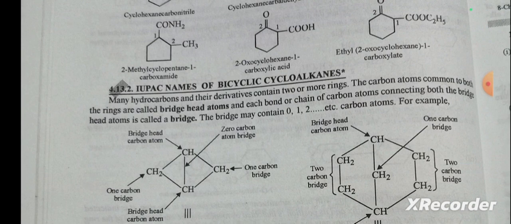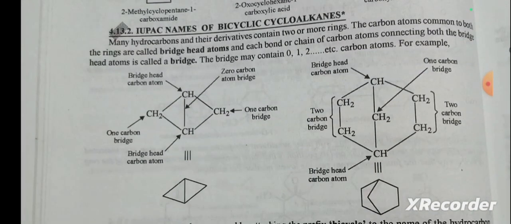IUPAC name of bicyclic compounds. Many hydrocarbons and their derivatives contain two or more rings. The carbon atoms common to both rings are called bridgehead atoms, and each bond or chain of carbon atoms connecting both the bridgehead atoms is a bridge. A bridge may contain 0, 1, 2, etc. carbon atoms. For example,